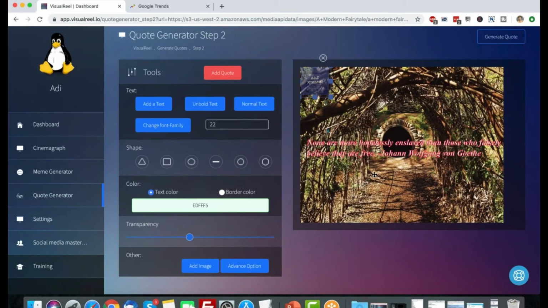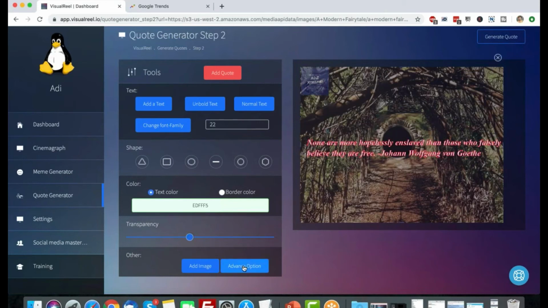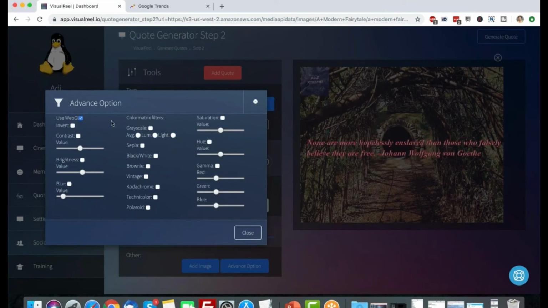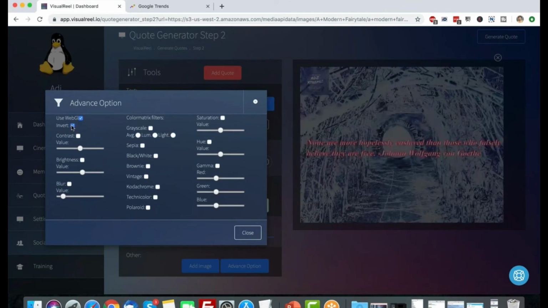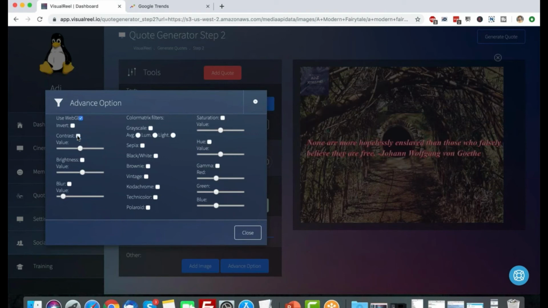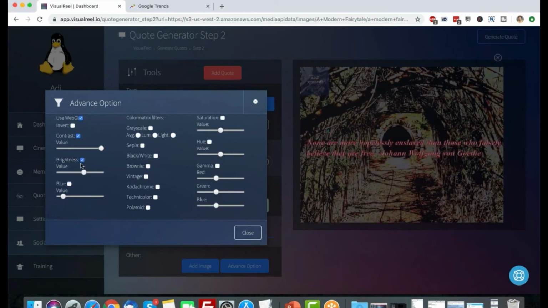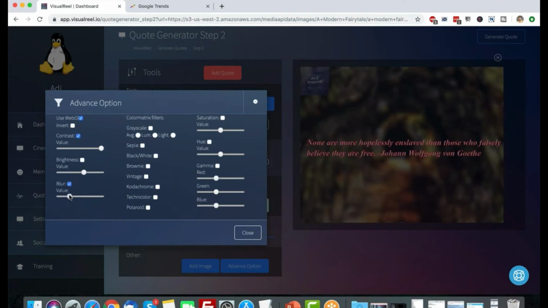Now what I want to do here is make this background image a little bit blurry so the text or the quote is more readable. So I'm going to click on this image. This image is selected. Now I'm going to go to the advanced option here and play with this image a little bit. Let's see what looks nicer. Contrast. Okay, this looks good. I can reduce, I can increase. Let's not play with the brightness. I'm going to make it blurry a little bit. This is just perfect. I think this looks good.